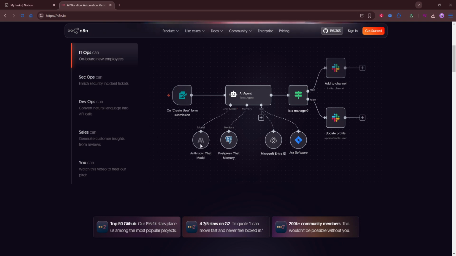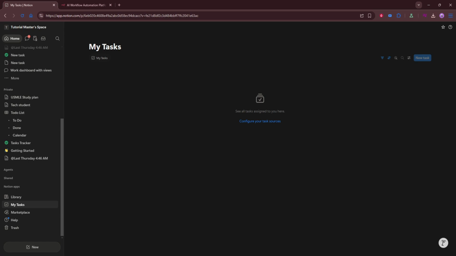After that, connect your Notion account using an integration token. This token acts as the secure link between N8n and Notion. As you set this up, make sure your integration has permission to access the database you want to work with. If N8n connects successfully but your database doesn't appear, it usually means the database hasn't been shared with the integration